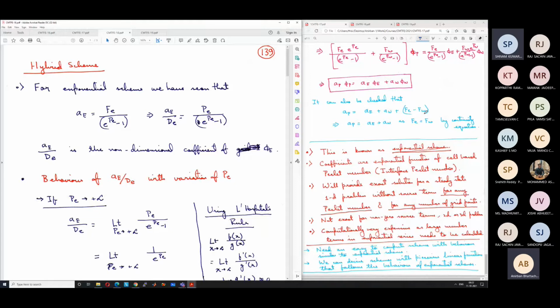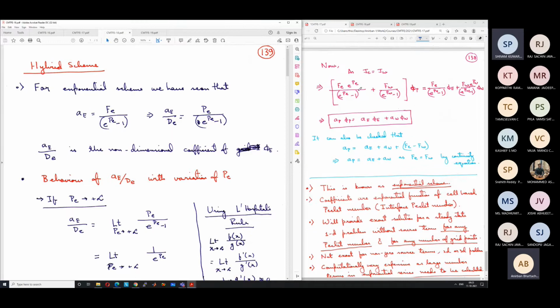Okay. So before going into the hybrid scheme, let us try to understand the behavior of these coefficients of the exponential scheme. Based on that, we will try to get a mimicking scheme which will mimic the behavior, which will represent the behavior of the exponential scheme without exponentials. And